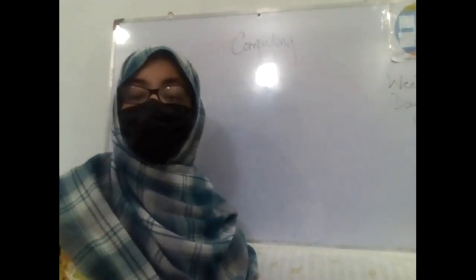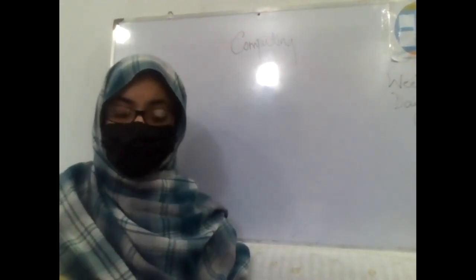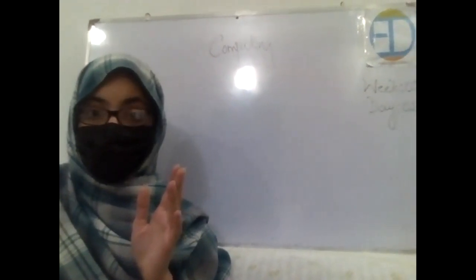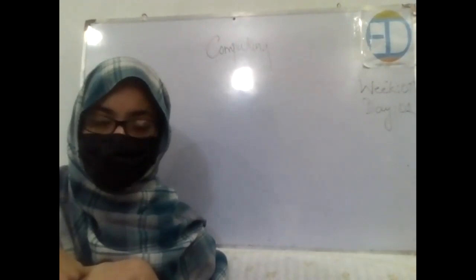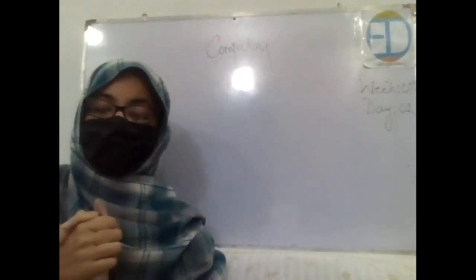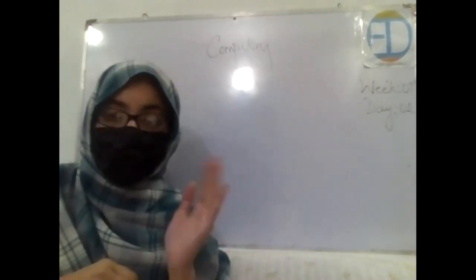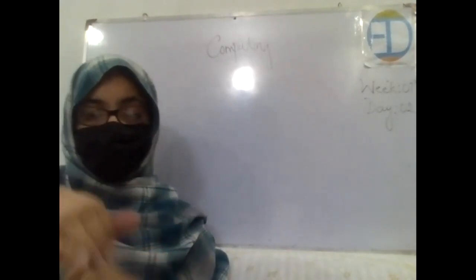Then we talked about the web page, and I told you why we call it a web page, because it's the page that gathers all the information that we needed on a single page, and then presents it to us, right? Then we also discussed the two arrows. If we click on the left arrow, it takes us to the backward page, and if we click on the right one, it takes us to the forward page.